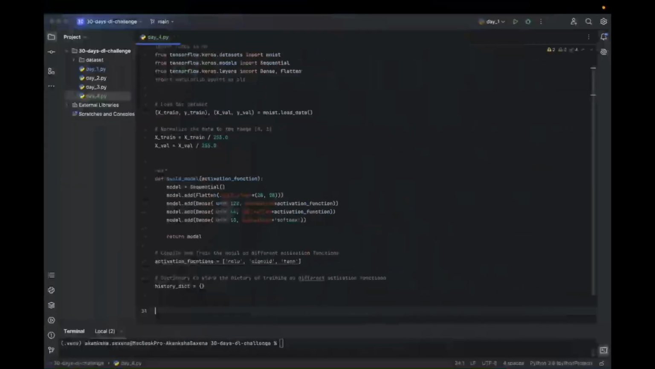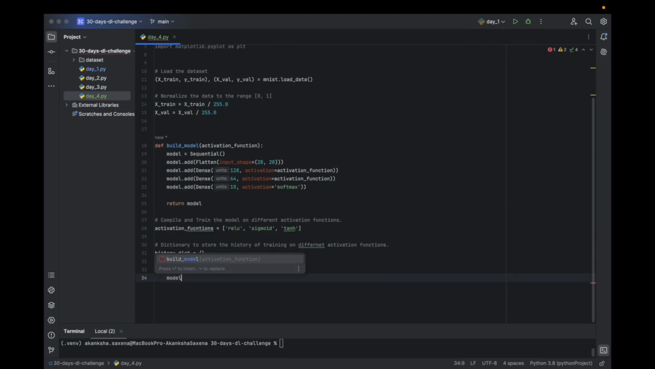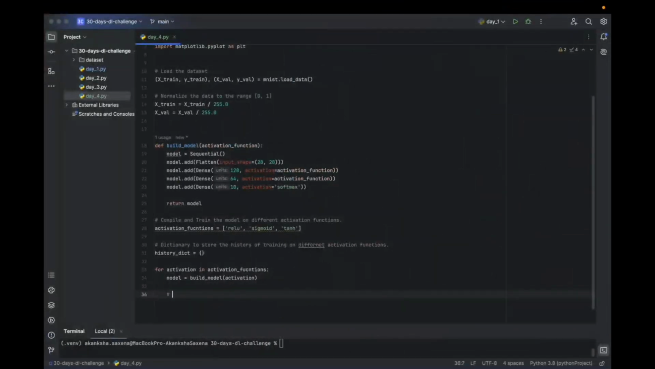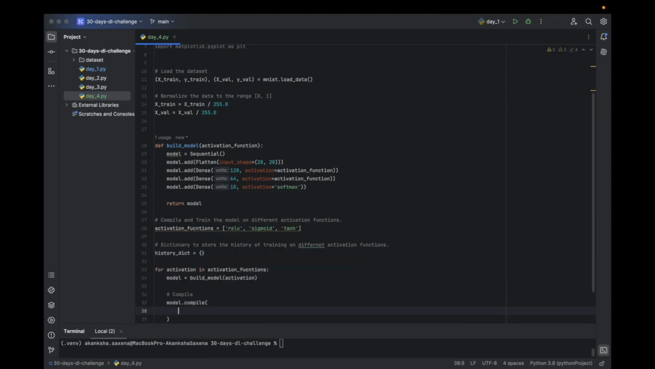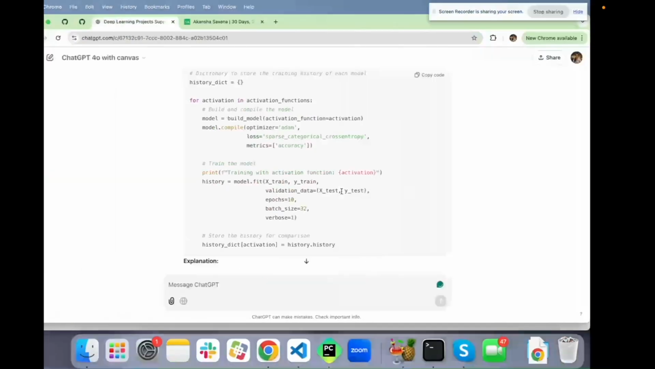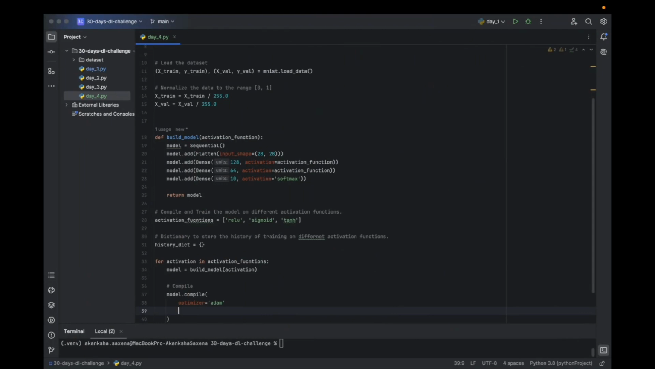And now we'll do what? We'll iterate for activation in activation functions. We have all the activations. We are going to build a model. So first we are going to call this build model and pass this activation. Once done, we are going to compile. So model dot compile. For that, we are going to have the optimizer, which is going to be the classic Adam,